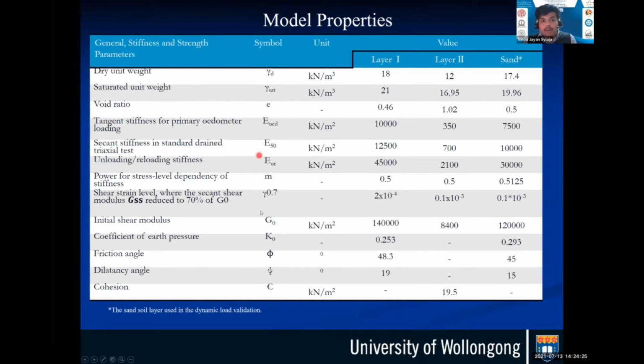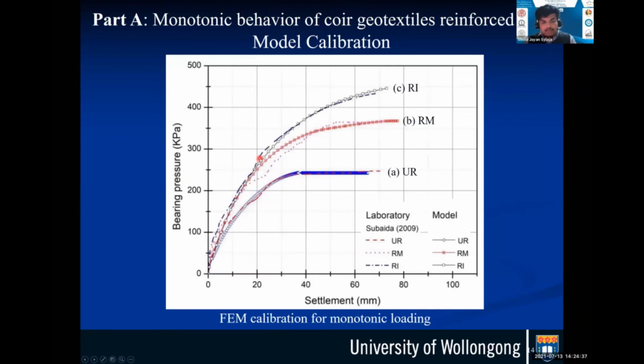So those are the various soil properties we have adopted based on the work reported by Subaida in 2016 in one of the laboratory experimental works on coir geotextile reinforced soils. After that, we compared and calibrated our model with the experimental data. And you can see the unreinforced bearing pressure versus settlement response from this finite element model compared to the laboratory work reported by Subaida, with reinforcement at the middle and